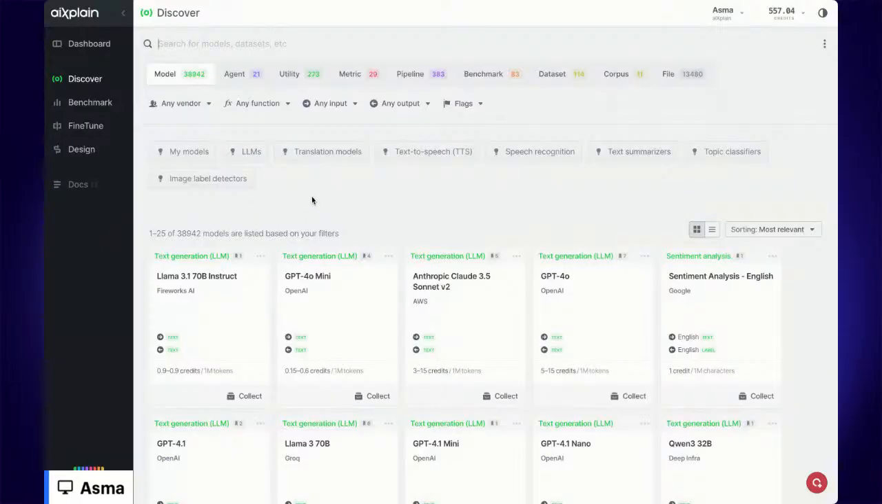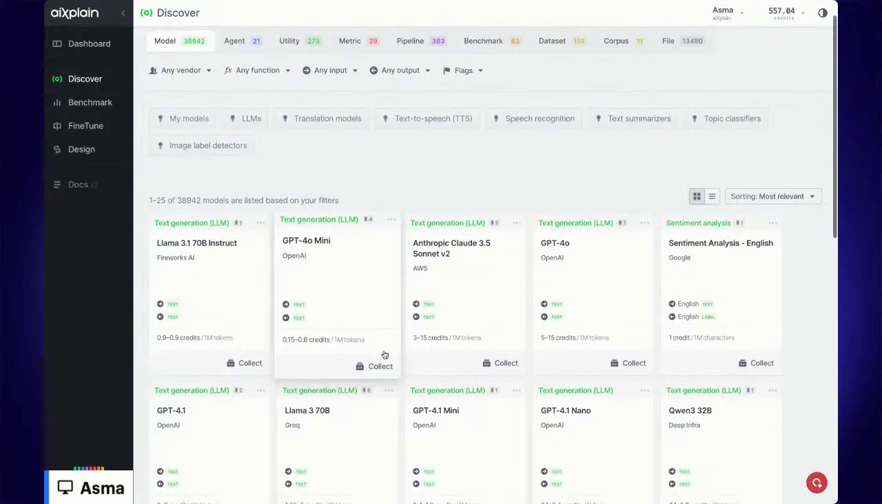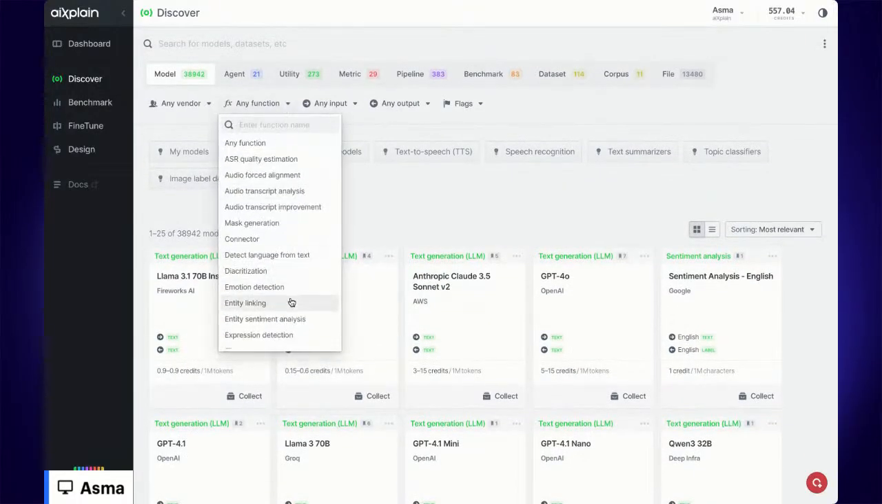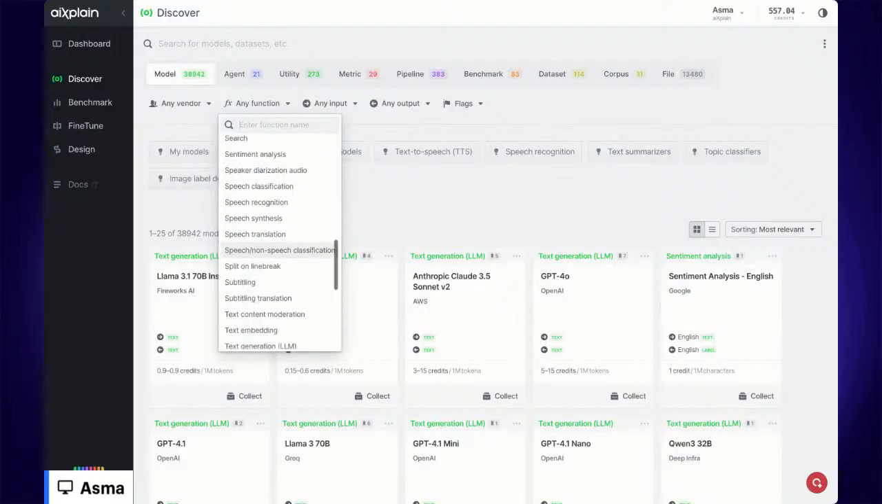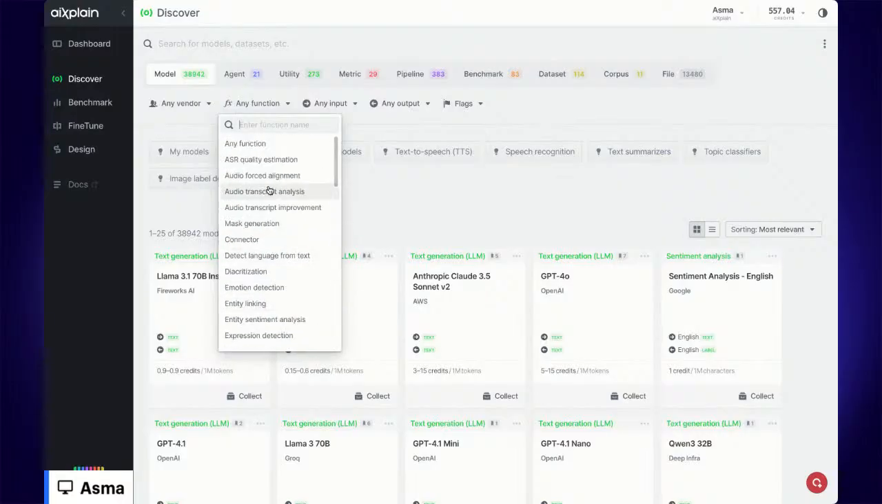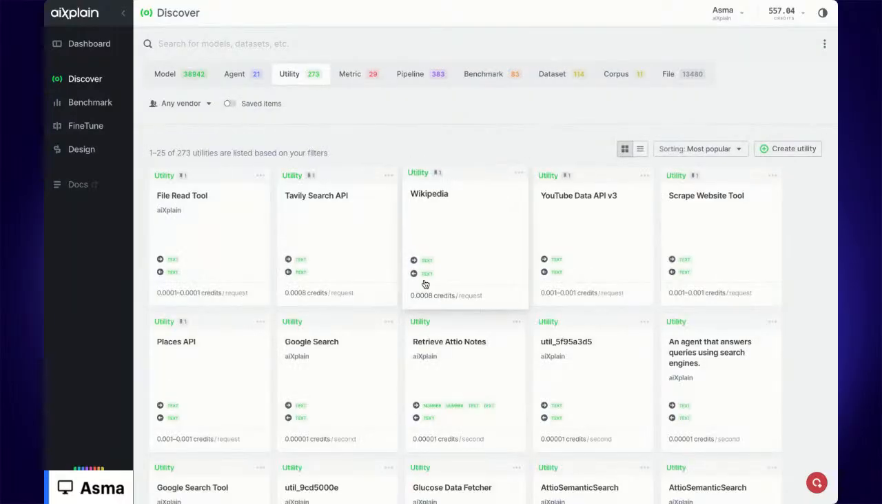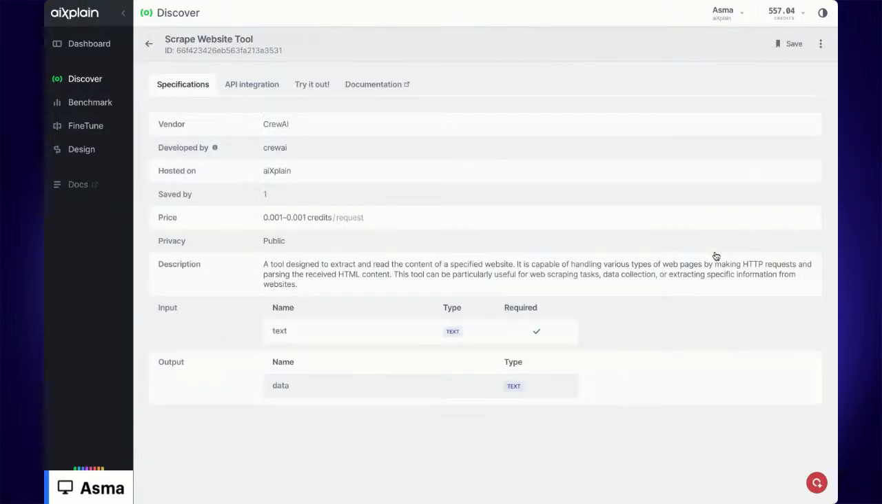So if you look at our Discover platform, you have a bunch of different models, and you can filter them by the task you're planning or the function you're trying to achieve. You can also go into utilities, and we have a bunch of utilities that you could use. What I have used is the Scrape website tool, and you just have to copy the ID here and bring it into your